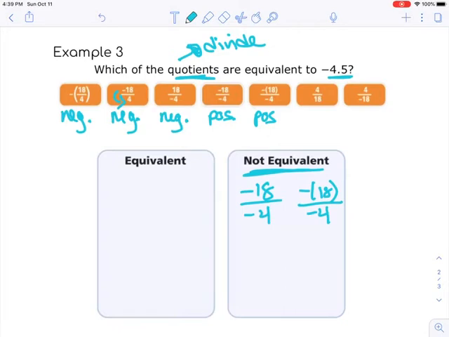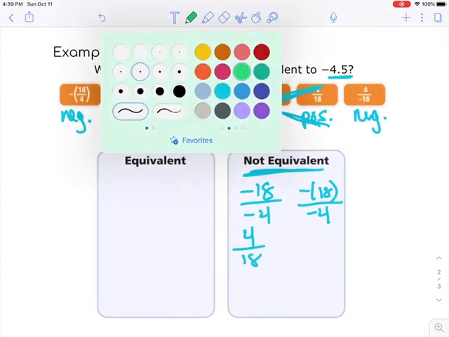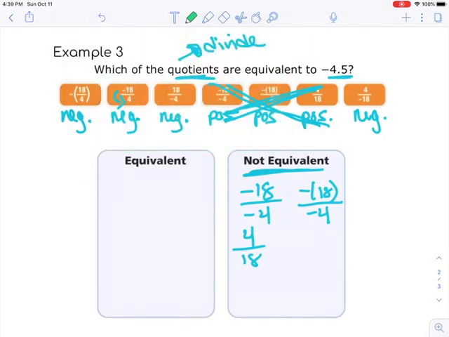Second to last one, positive divided by a positive. That's going to make a positive. So this one, again, is not equivalent. And last one, a positive divided by a negative is going to be a negative, so that's still a possible situation. I'm going to go ahead and just cross these ones off because I know these are not options here. So I only have 4 left, and I want to go back and actually start dividing and see, are these possibilities? So the first one,